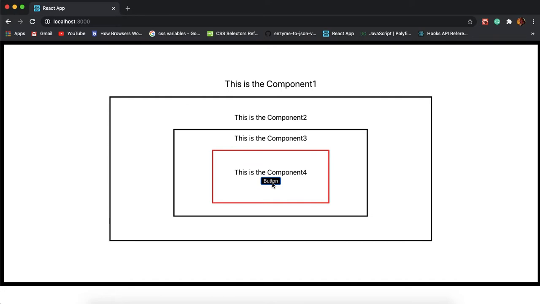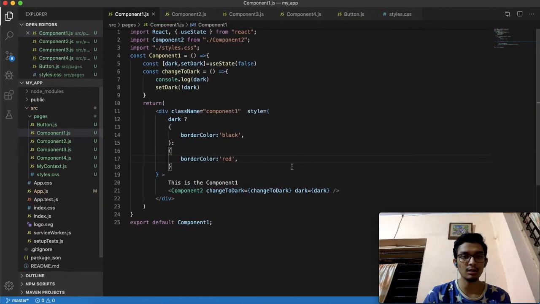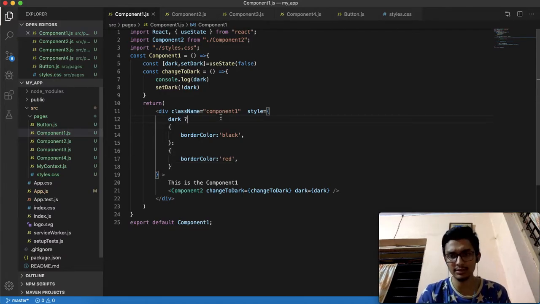Component 2 and 3 don't have any changes, so they don't require it. But when context was not available, we had to use props to pass down any state which was used in the lowermost levels of the component.